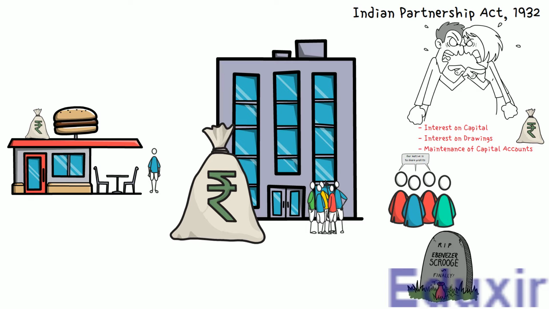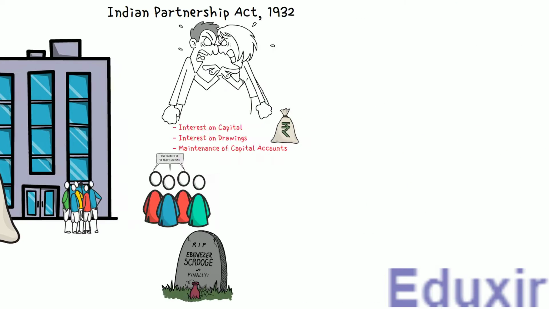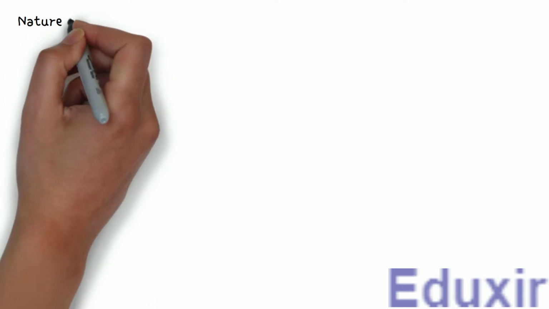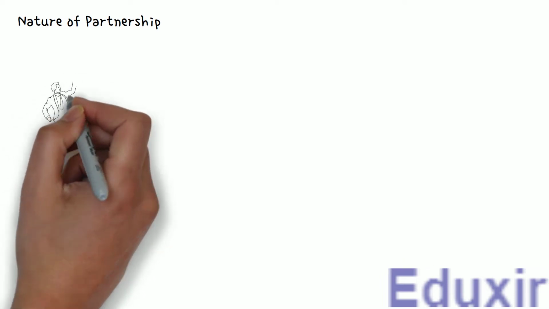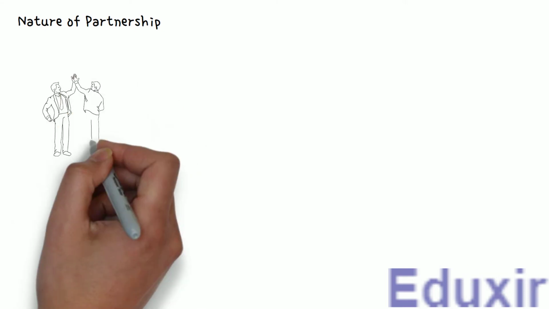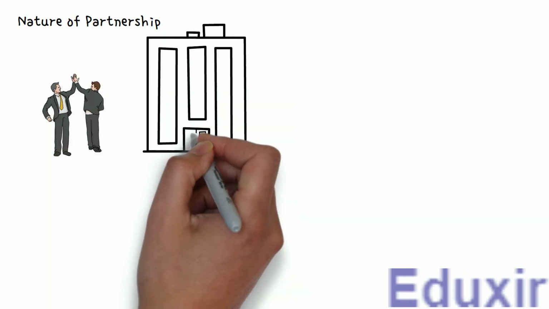All these details will be discussed in a series of chapters. But for now, let's discuss how profits are distributed and how the capital accounts are maintained, etc. in this chapter. Let's first start with the nature of the partnership. Here, the term partnership refers to two or more persons joining hands together for the common purpose of setting up a business.